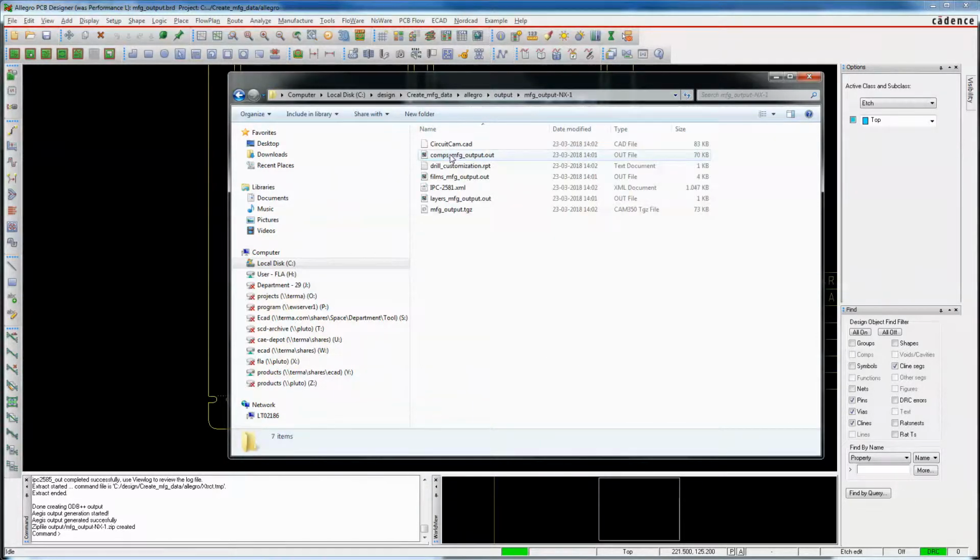And also for the NX file, there's the CircuitCam file, and there's an IPC 2581, and there's the ODB++ file.